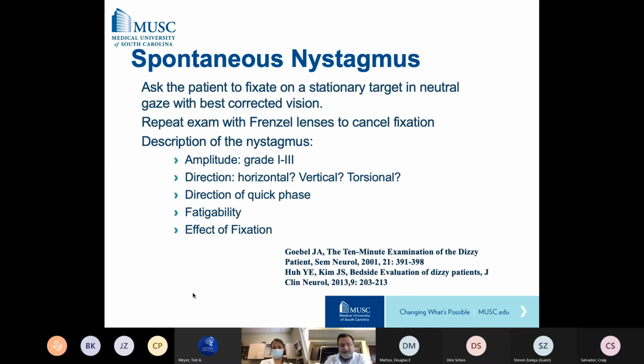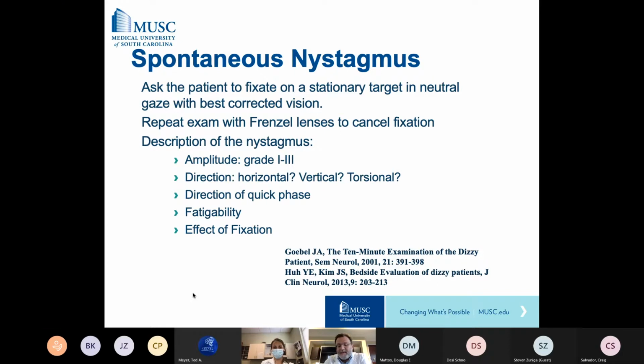The first thing you do when you are examining a patient with dizziness is check for nystagmus. When it's evident, you will see it even without the Frenzel lenses. Of course, if you have the opportunity to get the infrared goggles in clinic, and they are available at not a very expensive rate, you can see it without visual fixation,